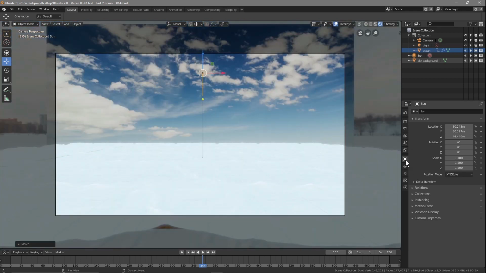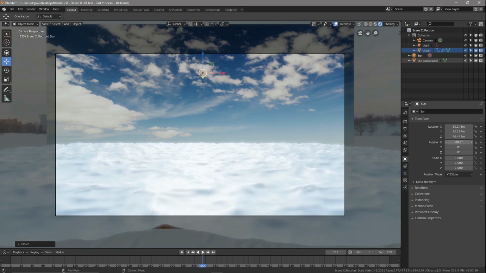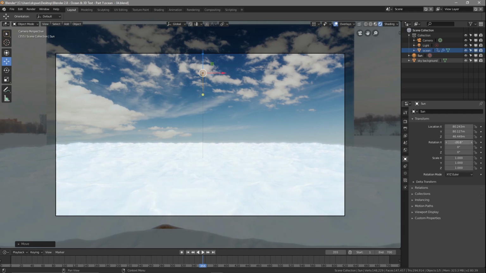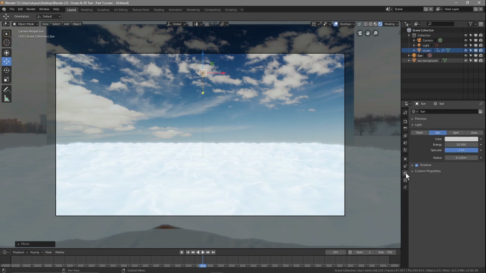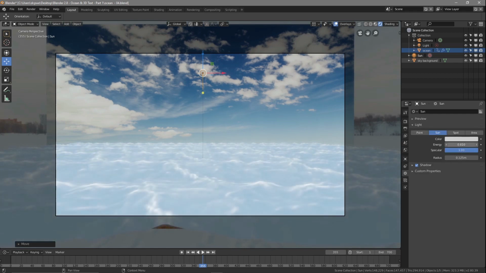But what we want to do is, let's press 0. We'll go to the object data here, and then on the X rotation, we want to rotate it. We want to rotate on a minus. So I'm going to set it to around, let's try and get this accurate, around minus 30, I think, something like this. Then we'll go to the color and we want to bring down its energy. It's too powerful, so we set the energy to around